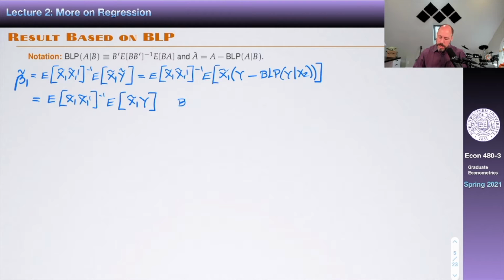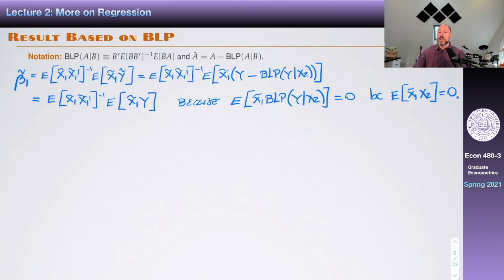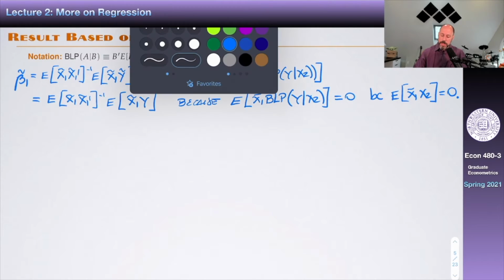And so this term here is 0, because the expected value of x tilde 1 times the best linear prediction of y given x2 is 0. Again, because the expected value of x tilde 1 x2 is 0. Why? Because x tilde 1 is a residual from the projection of x1 onto x2, and therefore, by the results of the previous class, is orthogonal to x2. And remember that this expression over here,